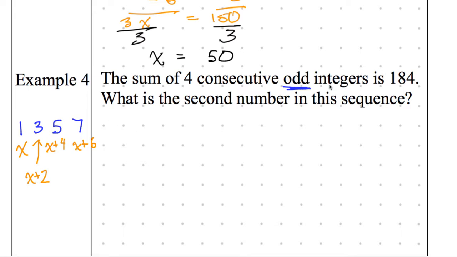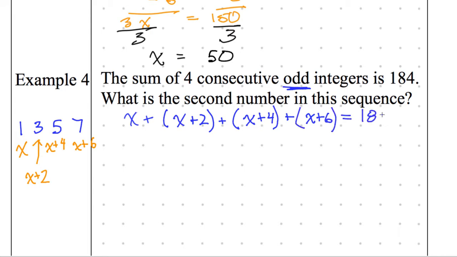All right, so we're back. Who wants to walk me through this problem? Andres, go for it. Okay. So first it's x in parentheses. Do you want to start parentheses over here? Yeah, there. X plus 2 plus x plus 4 plus x plus 6 equals 184. All right, so far so good.